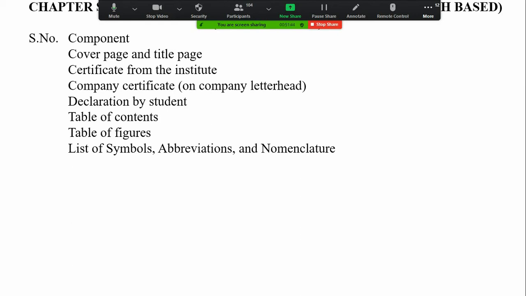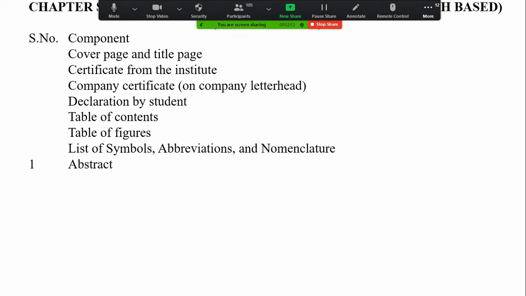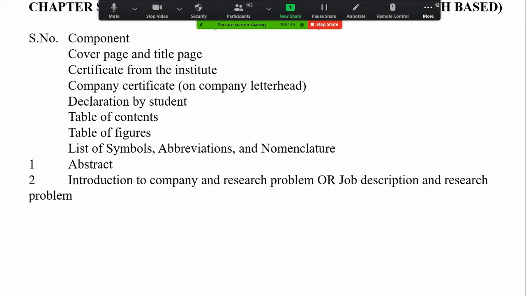Because a lot of times what happens is that in different summer projects, you actually use certain nomenclature, certain abbreviations. These may be quite common in that domain, that sector, but they may not be so common to others in other management areas. So that's the reason you have a list of symbols, abbreviations, and nomenclature. Then you will include an abstract. After that, you will include introduction to the company and the research problem, or you will write job description and